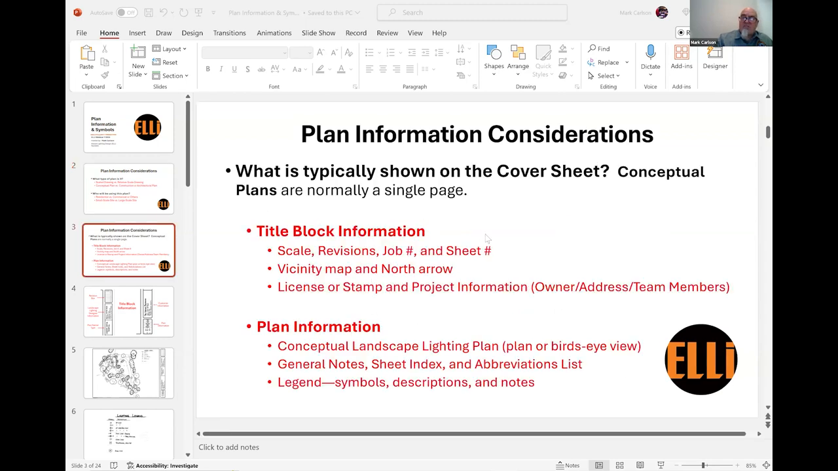Next, what's typically shown on these plans? I'm going to use the term on a cover sheet, which is the first page typically of a drawing set. You'll see a cover sheet and it has a lot of the information that we're going to be talking about, which includes like a title block. You're going to have the scale that's referenced there, the scale of the drawing, the revision block, the job number,